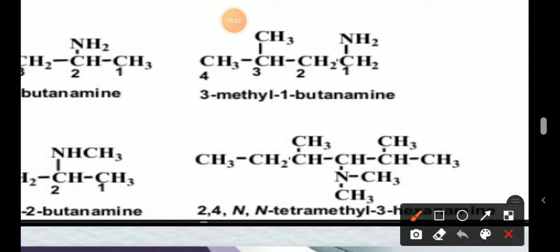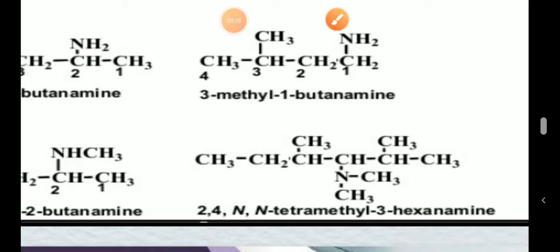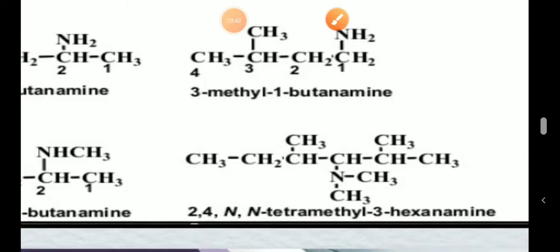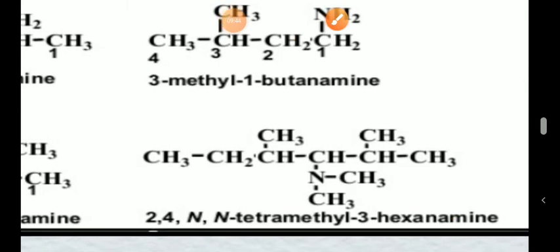Here we have 1 and 2, and this is the chain. First of all, the preference will be given to the straight chain, as this is the straight chain. First of all you have to count the structures you have here, so let's start and check it from this side. So we have methyl at the second carbon and at the fourth carbon.